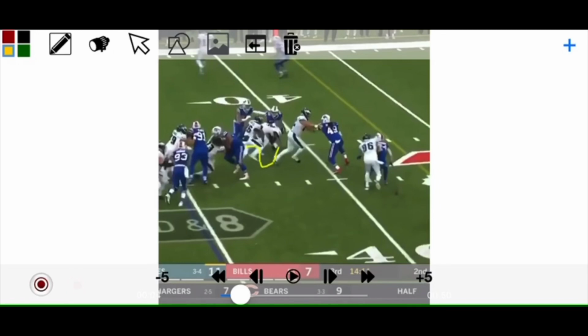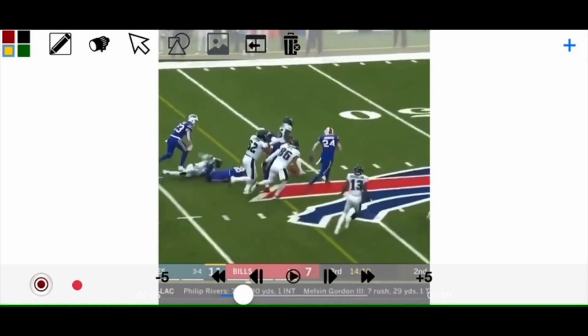So Miles Sanders is right here taking advantage of the block by Jordan Howard. Zach Ertz is right here getting a block that could have been called for a block in the back. But at the point of release, he knows that Miles Sanders is going to be able to outrun this guy regardless. Gone. Now, if you can go back a little bit, you see where Zach Ertz